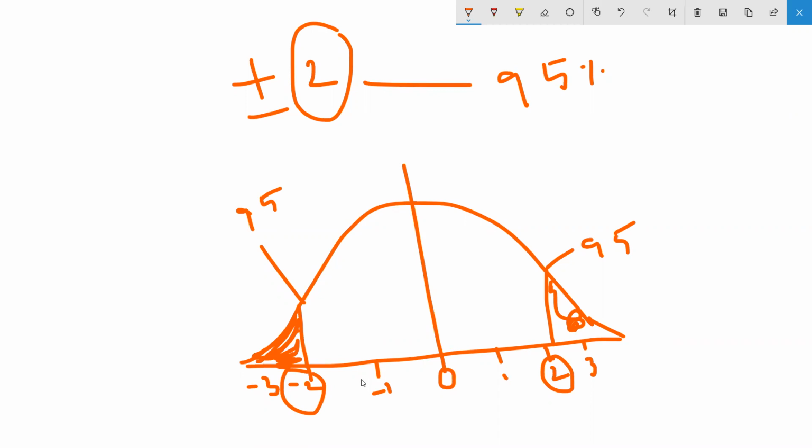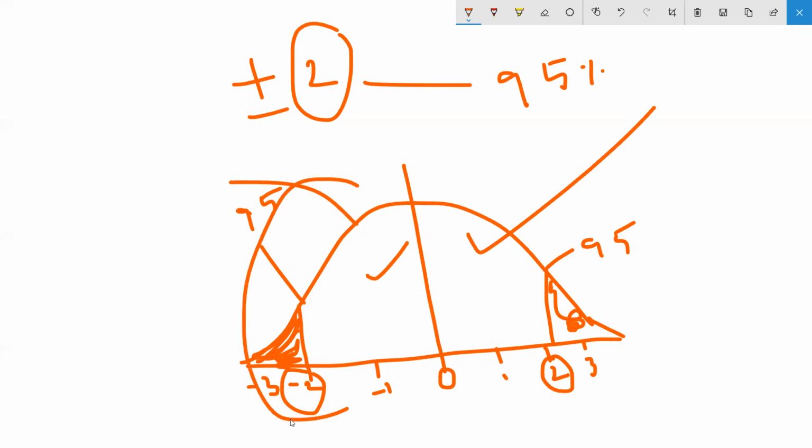But why am I saying it's skewness? Because of one side. One side only data is available. When this side is happening, if fewer values are available, in this graph the highest values are less and the least values are high.